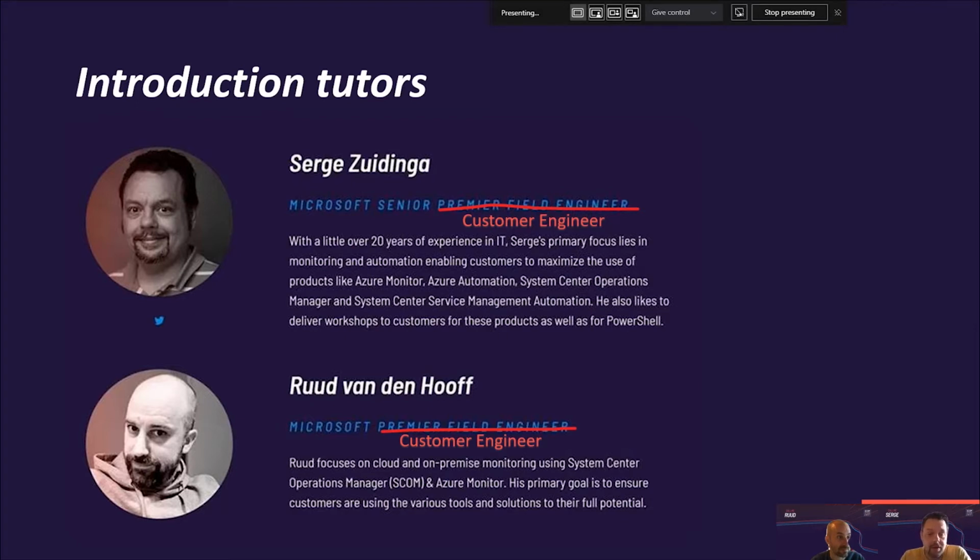As you might or might not know, Serge Zuidinga, also customer engineer, doing the same as Ruud, so focusing on monitoring. I did some automation in the past as well, but nowadays it's System Center Operations Manager, Azure Monitor, of course,